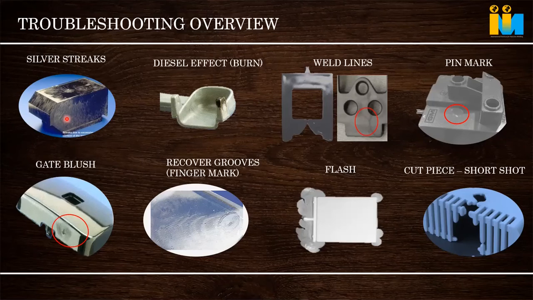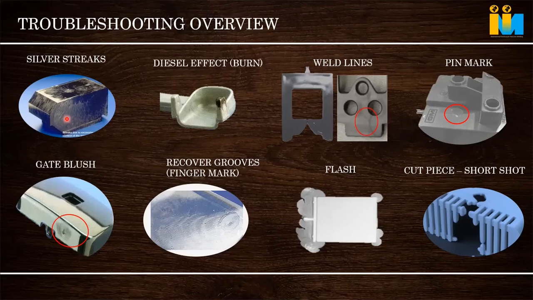Sometimes this type of streak also happens when there is a leakage in the mold cooling system. Suppose the mold cooling lines are there, and there are some small O-rings where slight leakage has happened. What happens? Water in the cooling line can enter the cavity surface, and when the hot material is pushed into the cavity during injection, it boils whatever water traces are present in the cavity. So it can also show a similar effect. This is the silver mark.